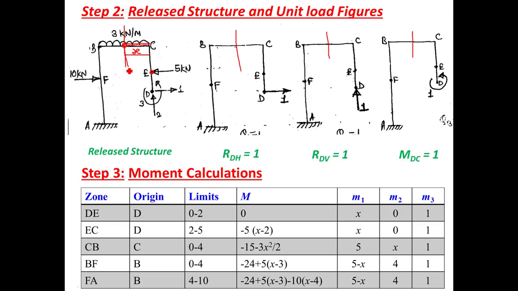So this will be the perpendicular distance, and this perpendicular distance is known to us, and that is 3 meter. This 3 meter vertical distance is known to us. Vertical distance becomes perpendicular distance if force is horizontal. So at this point moment of 5 becomes 5 into 3, and it will be clockwise in nature. So it will be minus 15.